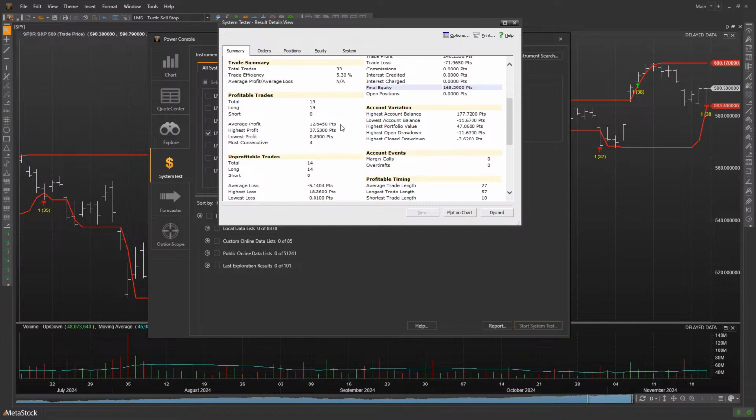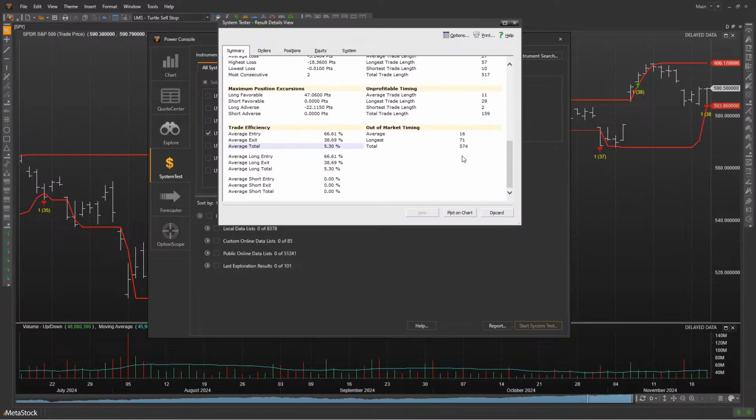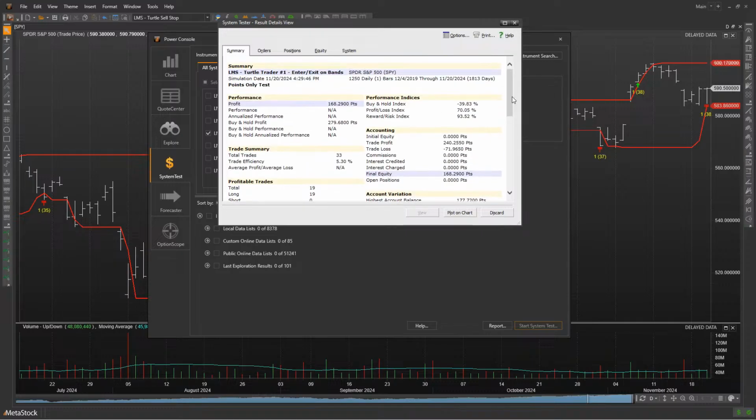And we have a nice average profit of 12.6 as opposed to a little over 5 on a losing trade. If we scroll down, we are out of the market 574 bars, so again almost half the time. We could take this number, and in theory, we generated it in about 2.5 years. But in order to generate the 279, we had to be fully invested for 5 years.